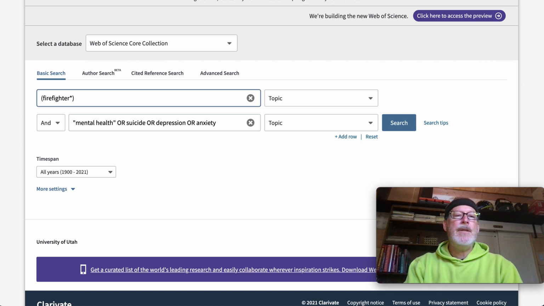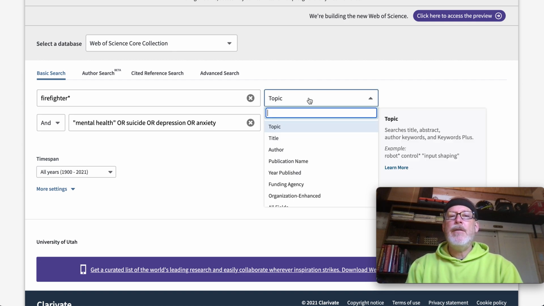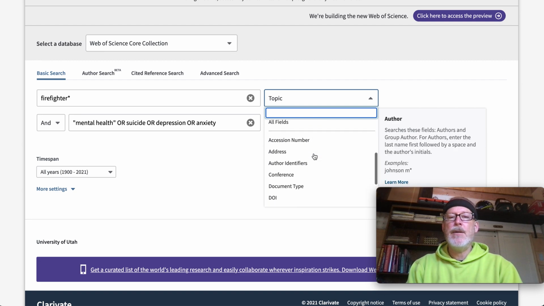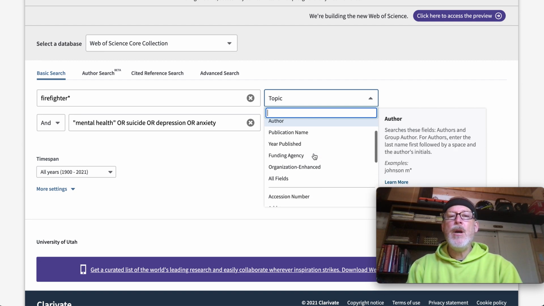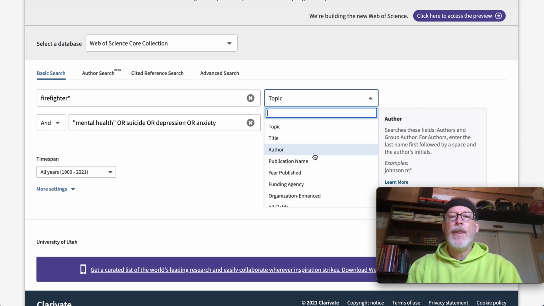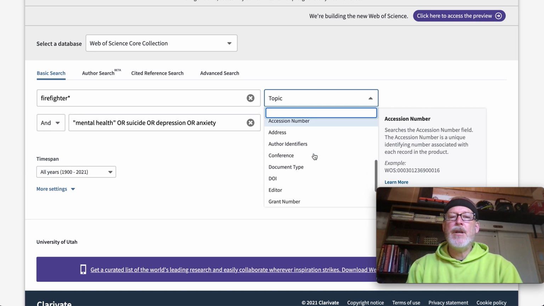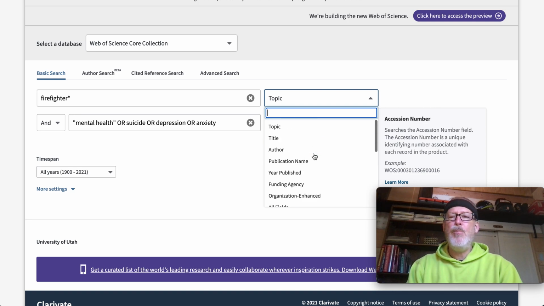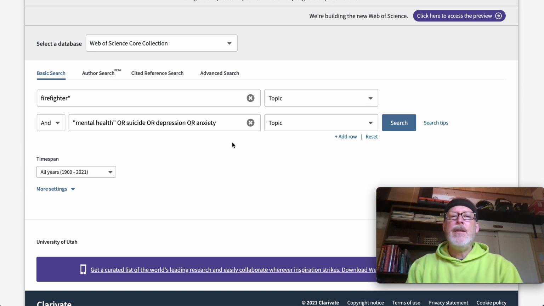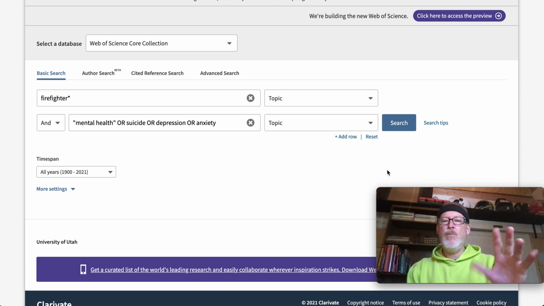Pardon me for just a second. Okay, so, I don't need that in parentheses either. I don't want this database to get confused. So I can go and look in abstract. Where's my abstract? Oh no, can I not search abstract in this one? Topic, funding agency, organization, all fields, accession number, and so on. Oh, they don't have abstract in this one. How bizarre. I thought they did. Okay, well, let me show you what I was going to talk about. And then you can work with